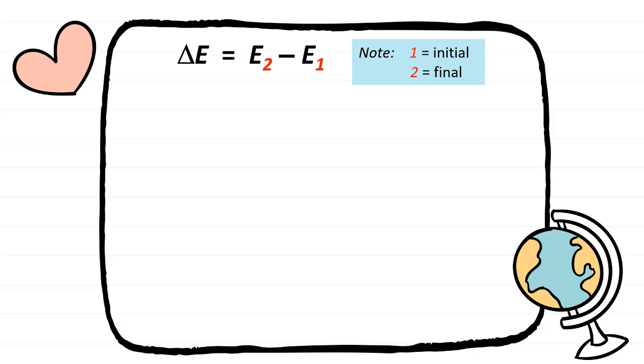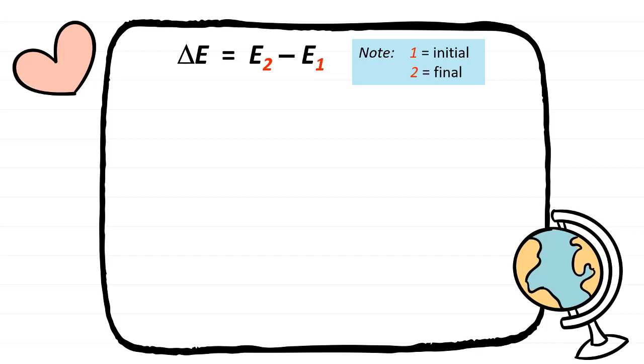Since transitions of electrons can happen either way, they can move from a lower to a higher level, known as absorption, and they give positive delta E, and from a higher to a lower level, known as emission or radiation, they give a negative delta E value. So it is not necessary for the initial energy level to be lower than that of the final energy level. Let's say we take this example where